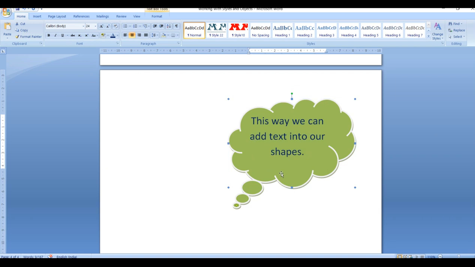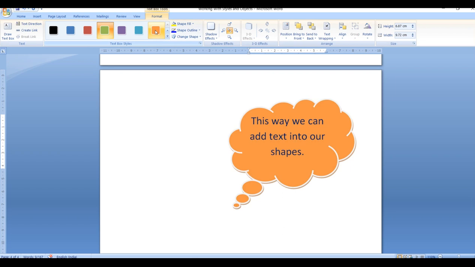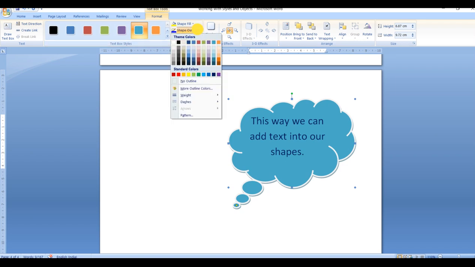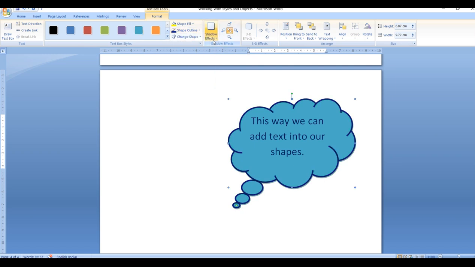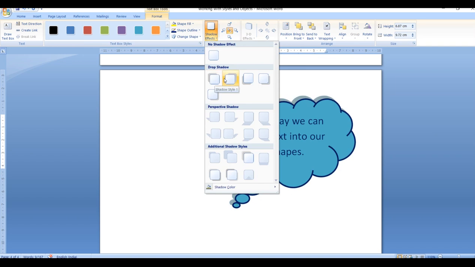Then after choosing it, suppose I want to make a shadow for it. Now you have increased the size, but how to change the shadow, you don't know. So how will you go? You will just select the shape and go to the Format tab. In that Format tab, if you feel that the color you have chosen is not looking good, you can change the color. You can even give the outline. Even you can give the shadow effects to your shape.